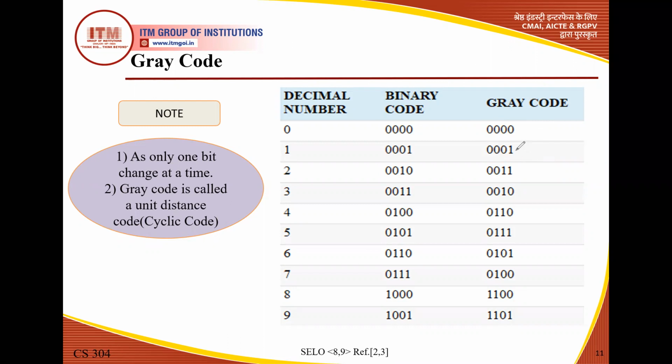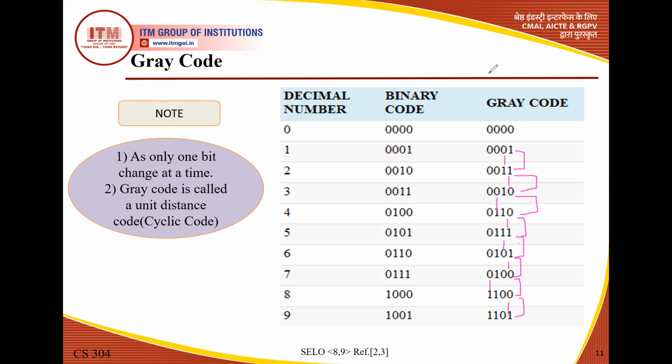Again, if we concentrate here, there is only a change in this bit position. When we compare these, there is a change in this position. Comparing here, there is only a change in this position. Comparing these two, we have a change in this position. When we compare both of these, we have only a change in a single bit. So when we compare two consecutive gray codes, there is only